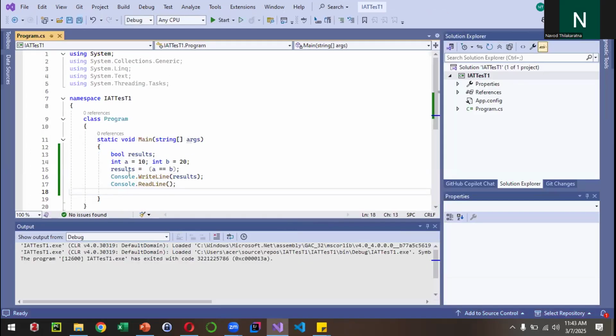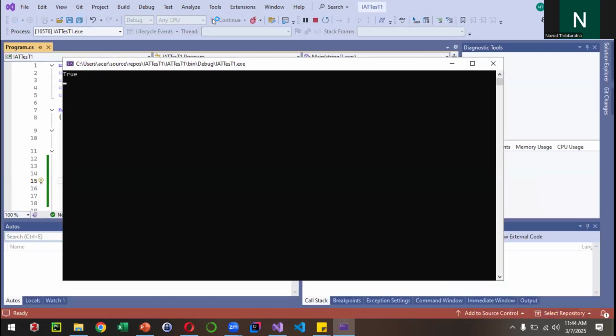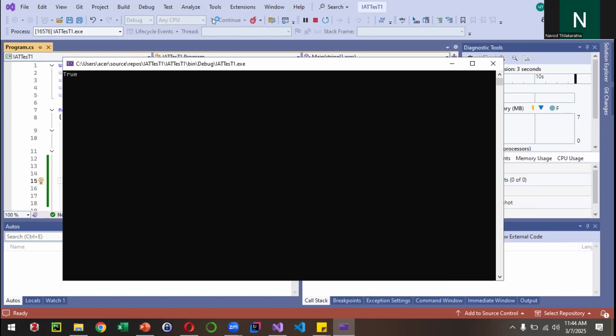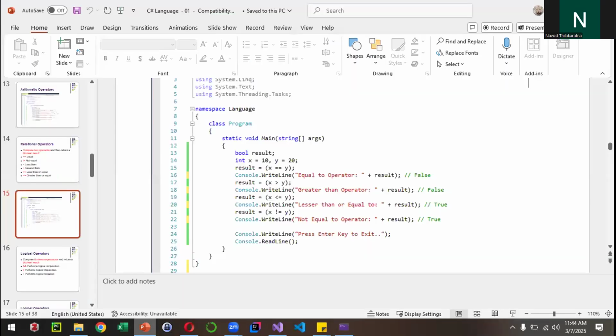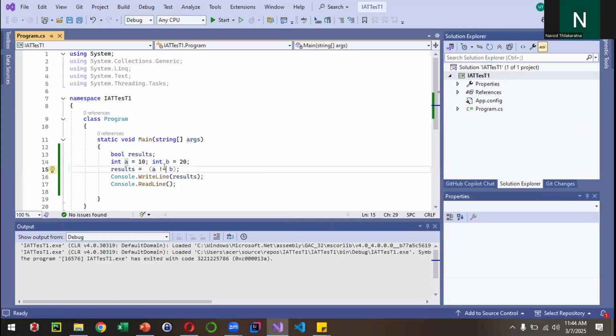So I'm gonna change this relational operator to the not equal sign. So probably, like in an MCQ, right? I'm gonna give you some code in the MCQ paper, so you have to write what is the output, right? So the expression should be true, not equal. So let's work with other things also. So once you change this operator like